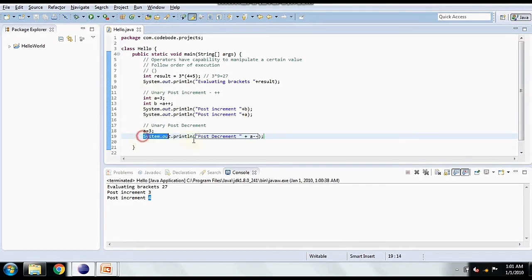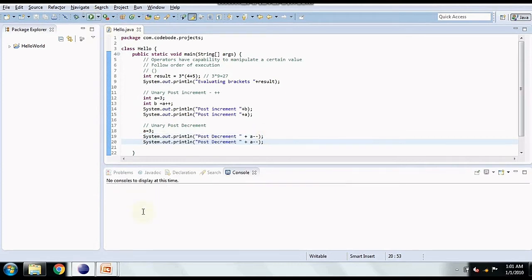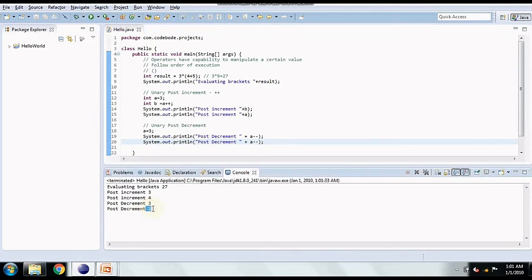After this I'll print again the value of a, because the first statement is going to print 3 and the second will print 2. So in the first statement, the value is printed and then it is decremented.